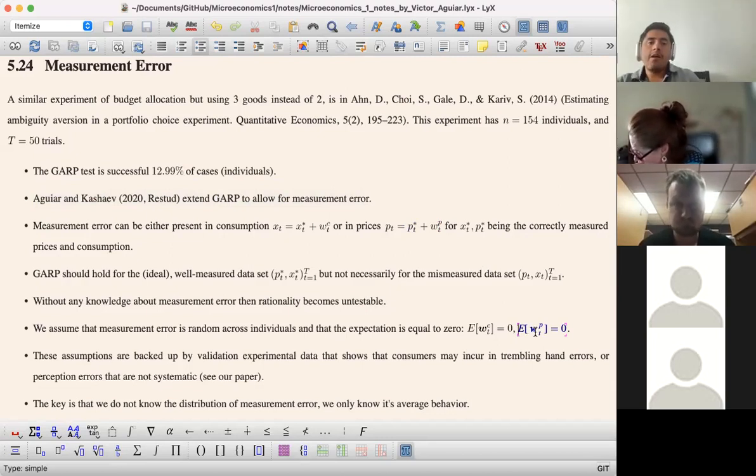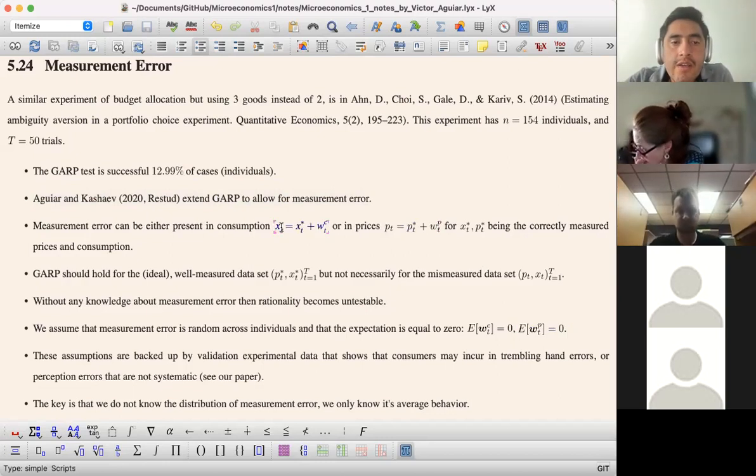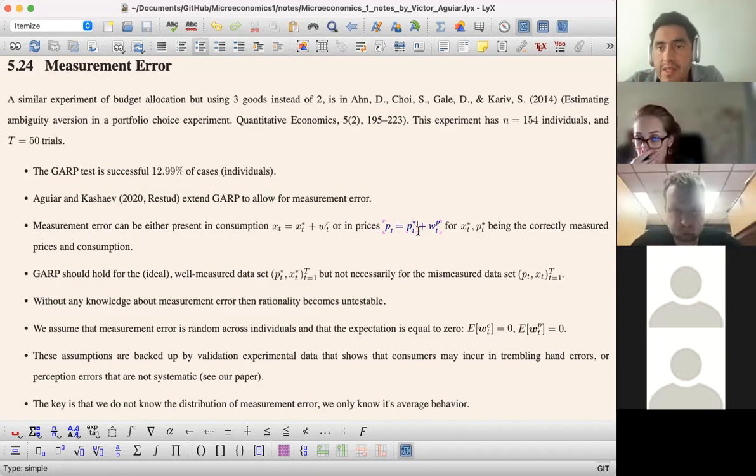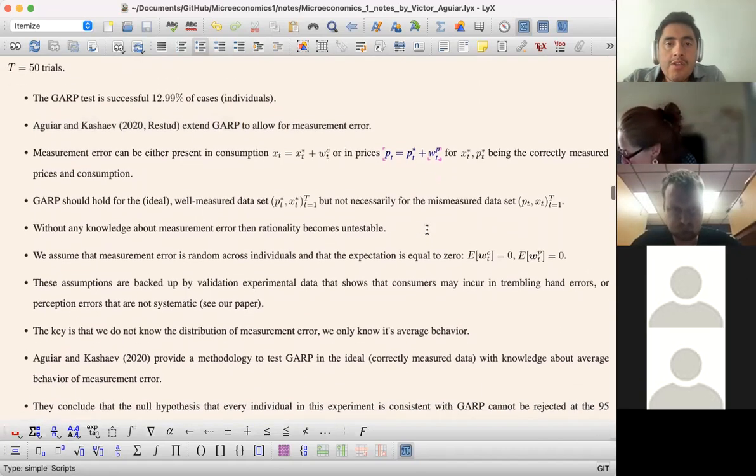So as you can see here, what we're doing is we're imagining that the observed data is equal to the true data plus measurement error in consumption, with a superscript C, and prices the same. The price that the human subject observes is equal to the true price given by the experimenter plus measurement error, right? So now